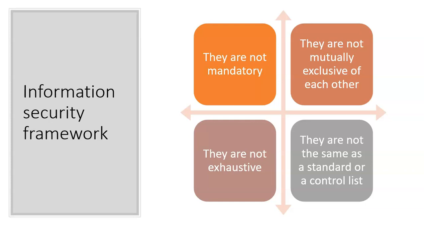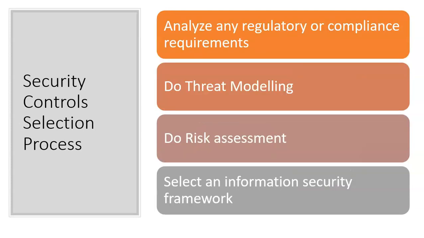So once you have selected your framework, you need to review all the controls of that particular framework to determine which are the appropriate controls to address the risk you have identified. And in this task, the threat modeling and the risk assessment which you have done will provide the information depending on which you can say, okay, these are the controls which are the most important and need to be implemented with high priority. Then there are the other controls that address vulnerabilities with a low likelihood and impact.